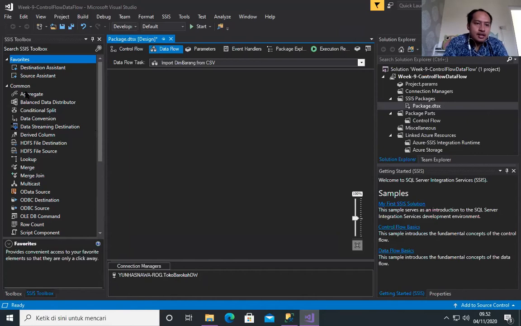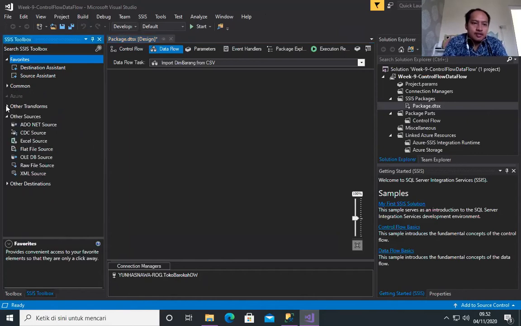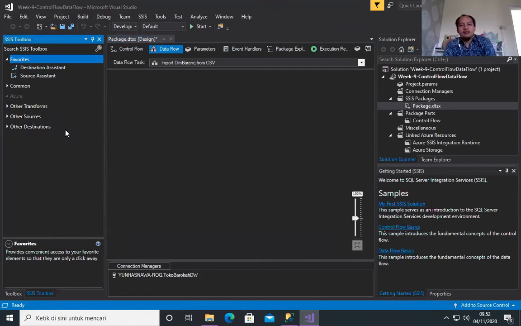The elements are divided into three main categories: the transform elements, the source elements, and the destination elements. This one is for E or extract, this one for T or transform, and this one for L or load. So ETL. That's why the data flow task is special.